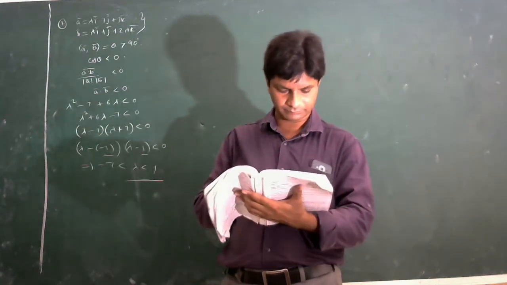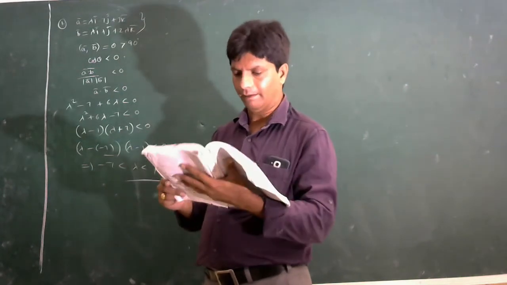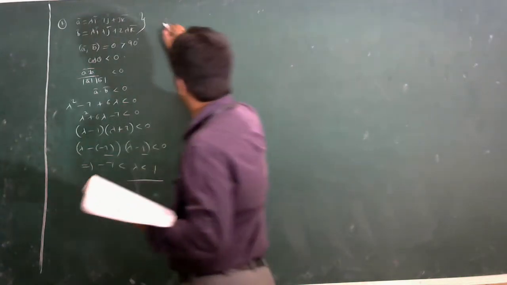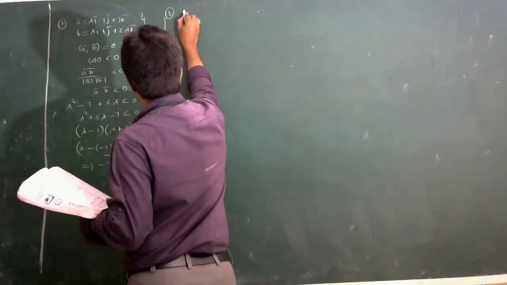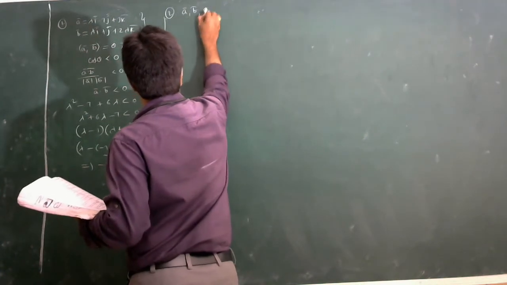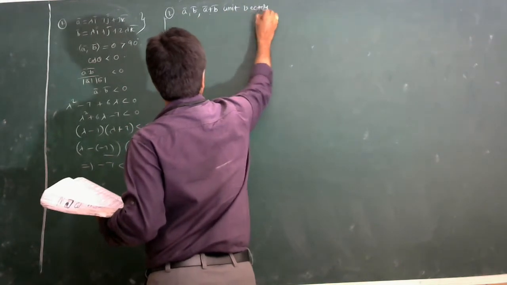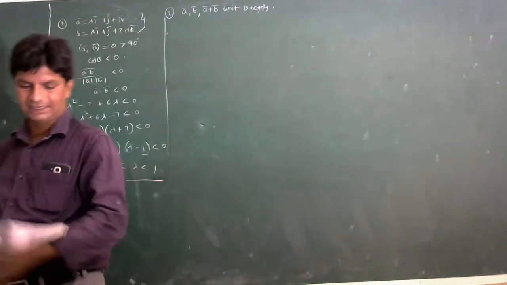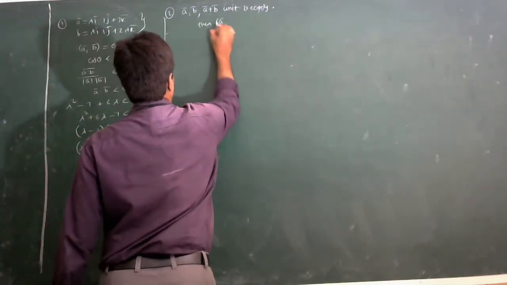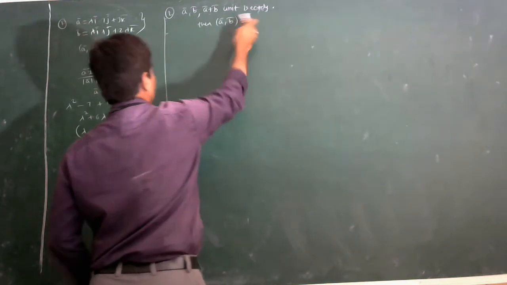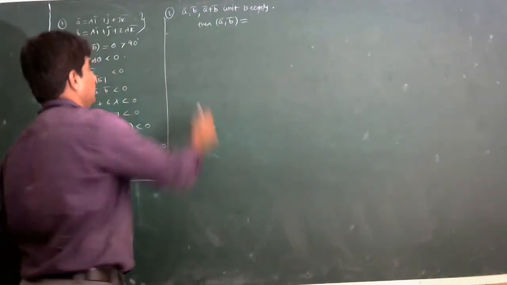Next problem. Next problem is number 36. Let us take the second problem here. See, what is given? A bar, B bar, A bar plus B bar are unit vectors. Three vectors are given which are unit vectors. Then we have to find the angle between A bar and B bar. What is the representation of this one? Open bracket A bar comma B bar means this is the way to represent the angle between A bar and B bar.